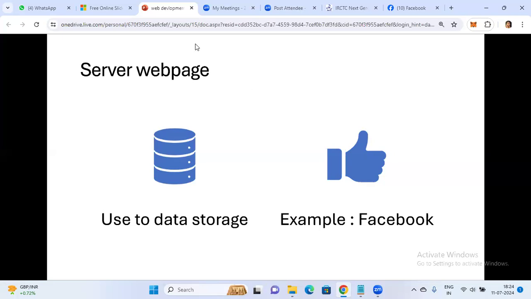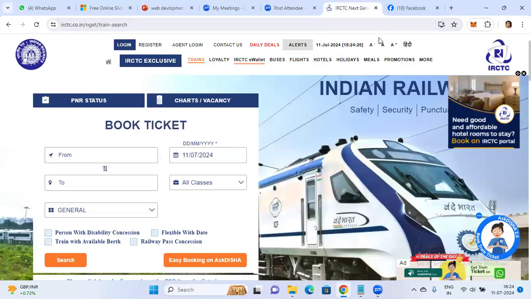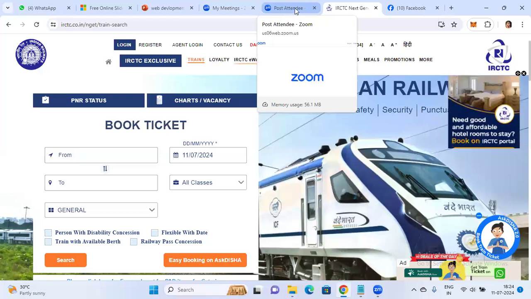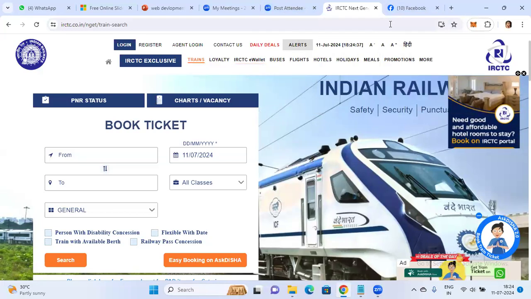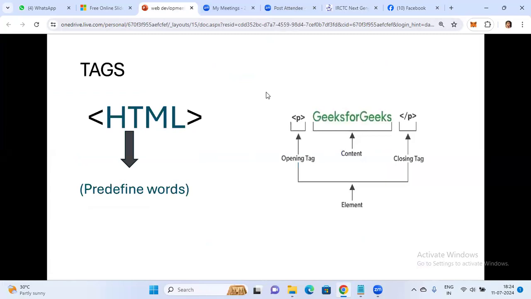And one more example for server web pages. Okay, you have used your own account to create. Maybe you create, maybe your friend creates, or maybe another one. But all three have different IDs, right? Different usernames, different passwords, right? Where exactly is all the data stored? In the server base. Server web pages only, whatever the data. In Facebook also, at the start you create your account, right? So all the details will be stored in the data storage area. So that is the importance of server base.